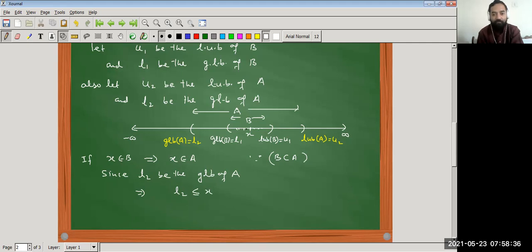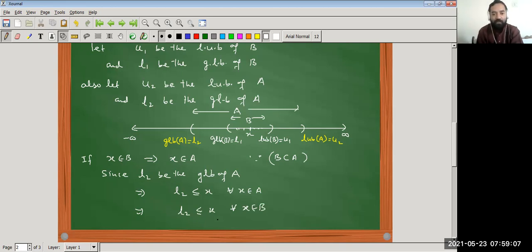because we take this element X in B. अगर वो A के एलिमेंट के लिए सेटिस्फाई कर रहा है तो because B is also a subset of A, तो ये X जो है, अगर ये सारे X के लिए A के लिए सेटिस्फाई कर रहा है तो this implies that L2 is less than equal to X for all X belongs to B. तो B के लिए तो सेटिस्फाई करेगा because B is a subset of A.